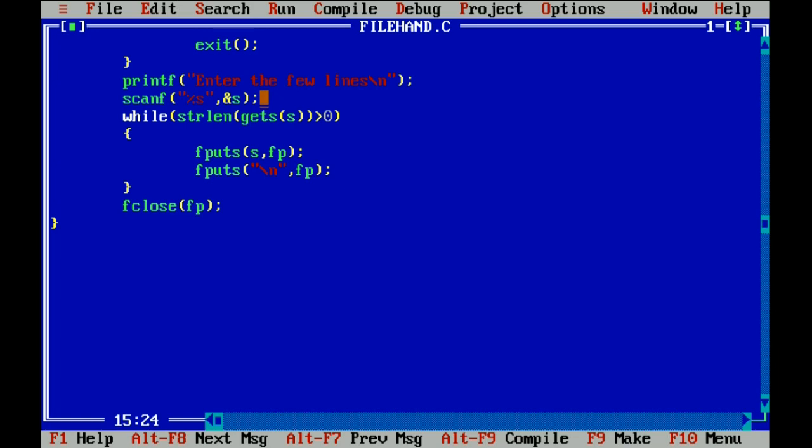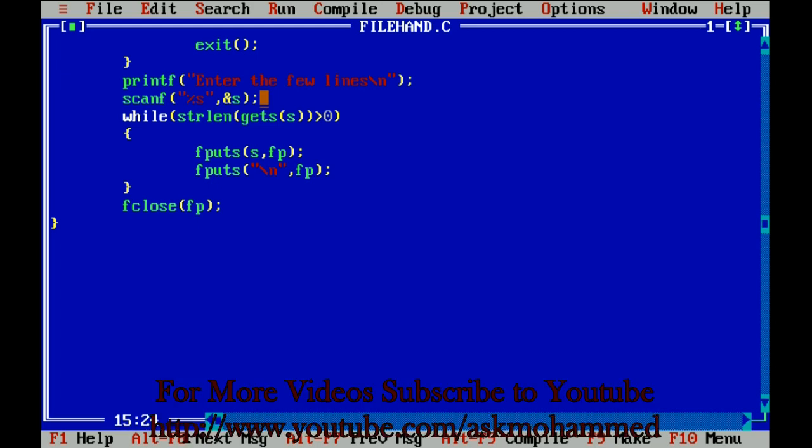Now I am going to check the file. Go to Computer, Local Disk C, and Turbo C++. In this Turbo C++, go to Turbo C3 and go to the bin folder. In this you can check poem.txt. So it doesn't contain a line. It just created a file. Let's see if an error is there. This is not a scanf, this is a gets, it doesn't count.